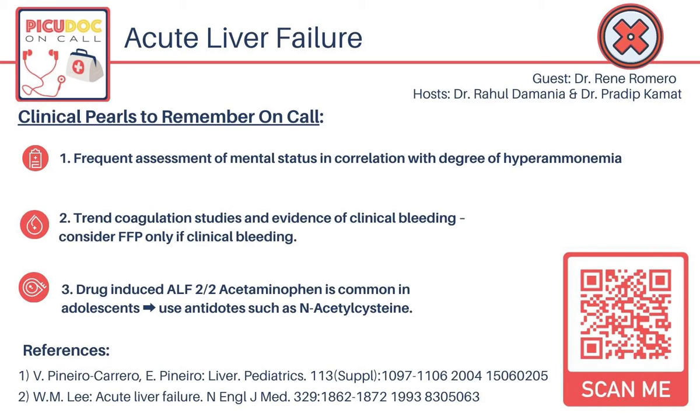liver transplantation. Certainly, and thank you for inviting us to speak with you today. In the country, there's about between 500 and 700 pediatric liver transplants per year, and that's been a steady number for the last 20, 25 years. Across the country, it's about 40% of those transplants occur in patients who have been born with biliary atresia. The rest of the transplants, about 10%, 15%, are going to be from acute liver failure, oftentimes from unidentified causes,